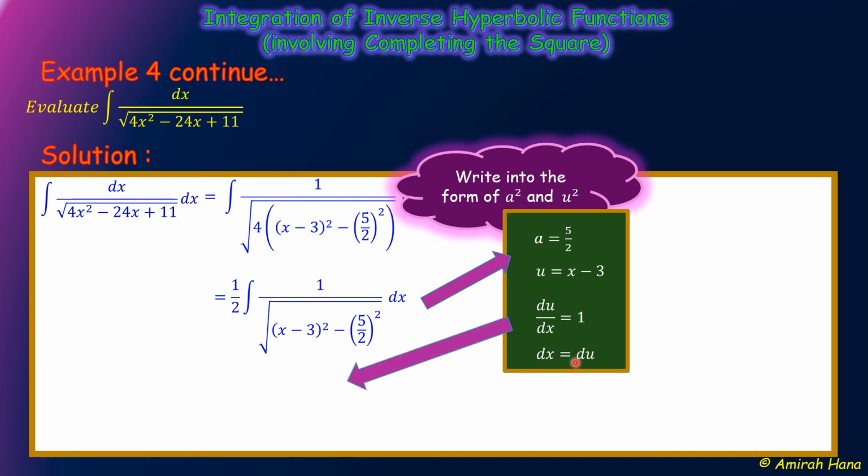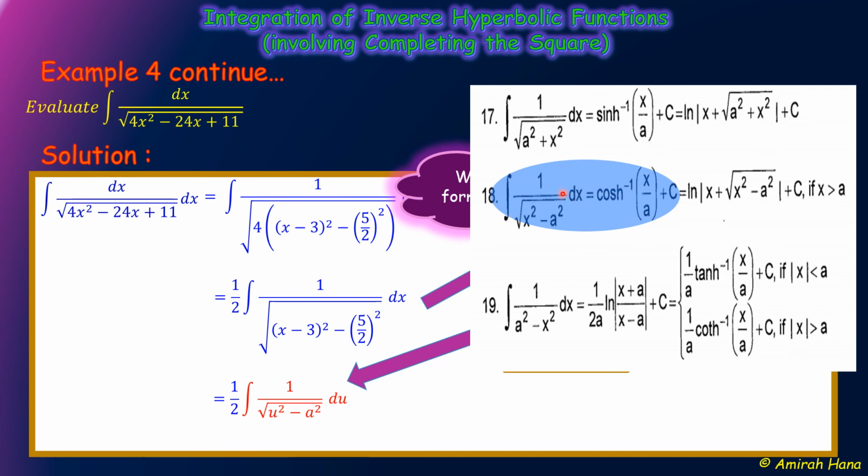Then we substitute back. After that, we have 1 over 2 outside the integration sign, and then 1 over square root of u squared minus a squared du. We write in terms of a, u, and du. Our a is 5 over 2, so we replace 5 over 2 by a. Then we replace x minus 3 by u, and we replace dx by du. And then this formula